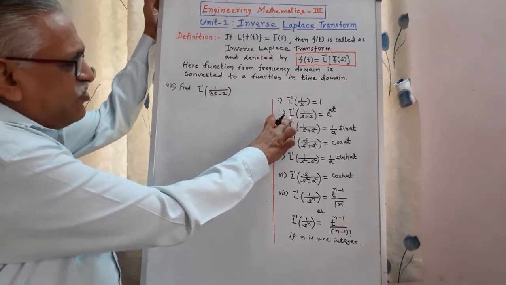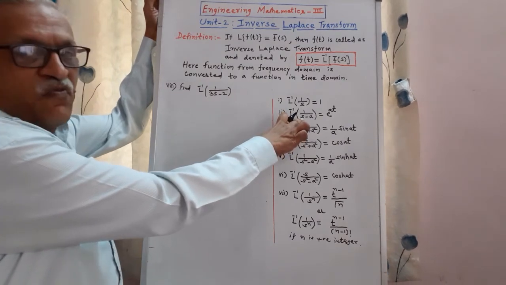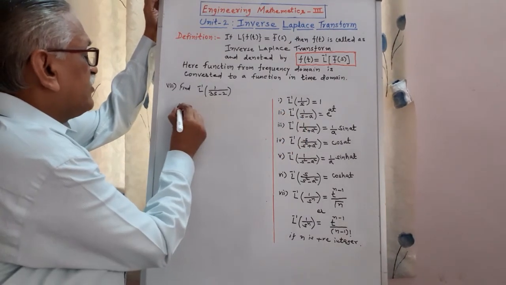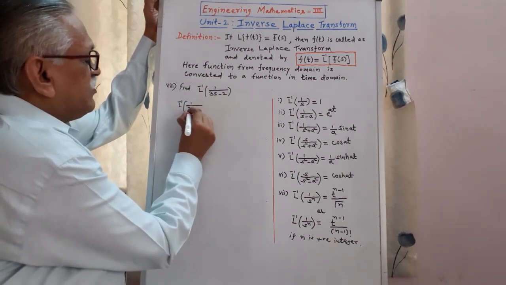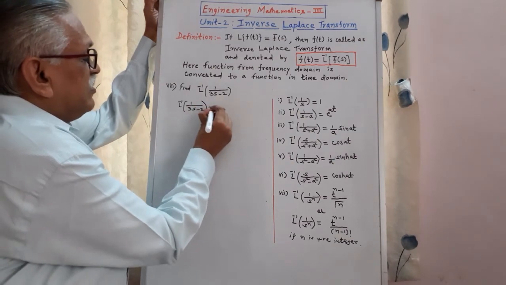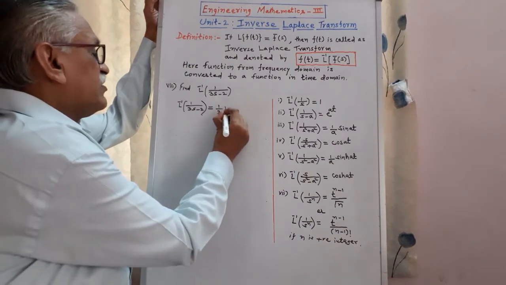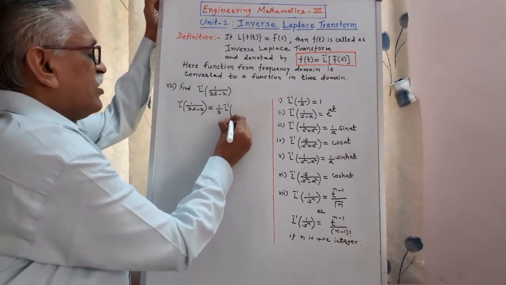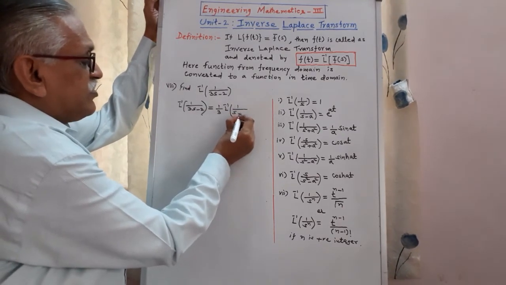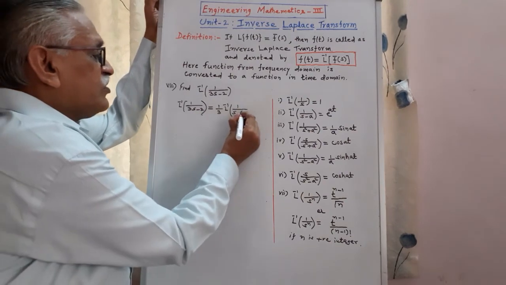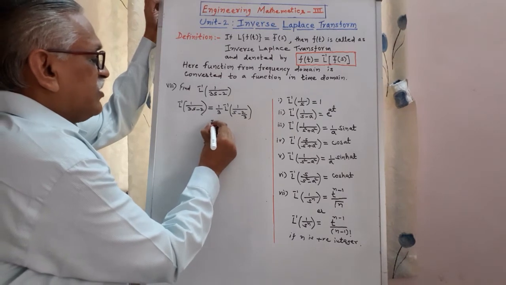Therefore, we can convert it in this form by taking 3 common, so that we get the coefficient of s as 1. Rewriting this, inverse Laplace of 1 upon 3s minus 2 is, I am taking 1 by 3 common, it is inverse of the remaining term. What is the remaining term? When we take 3 common, here it remains s, and when we take 3 common from this 2, it remains 2 by 3 there, and therefore it is 1 by 3